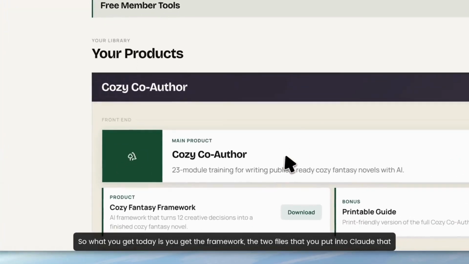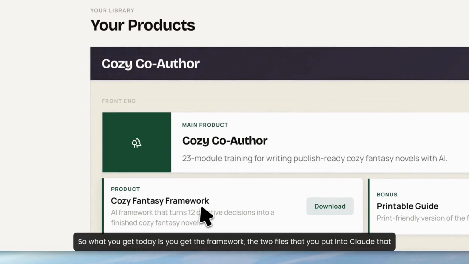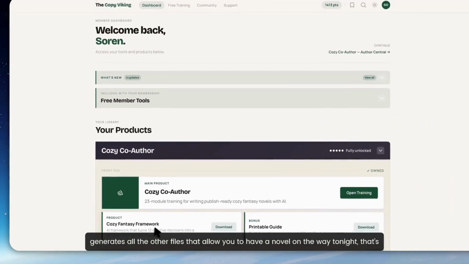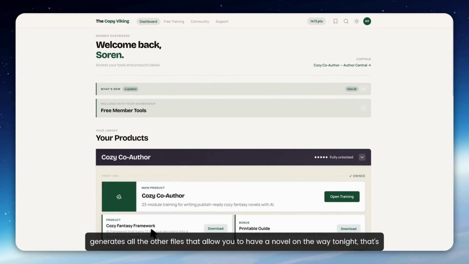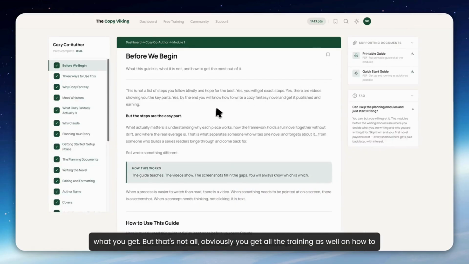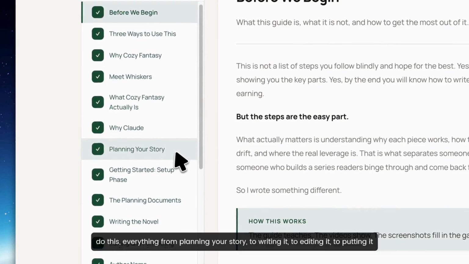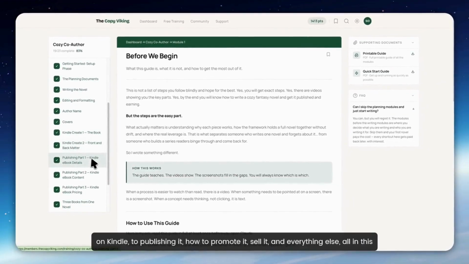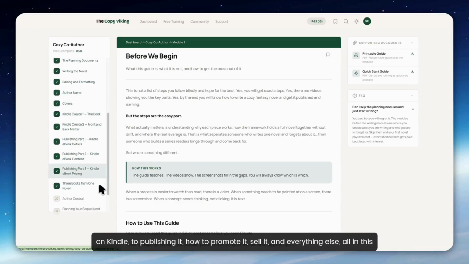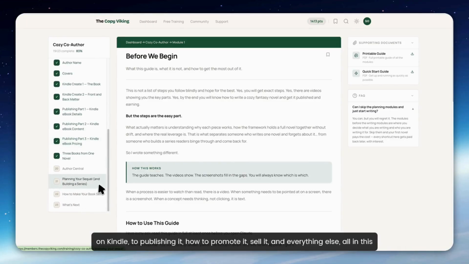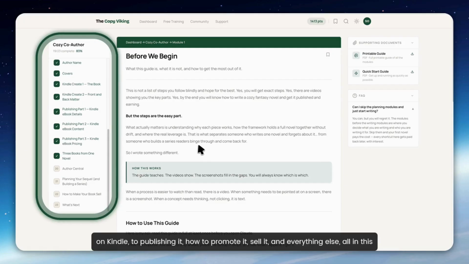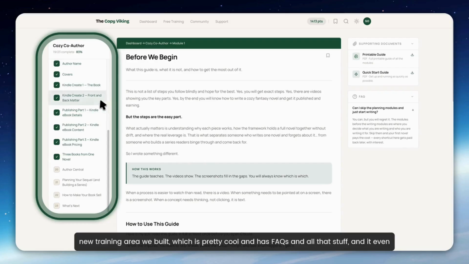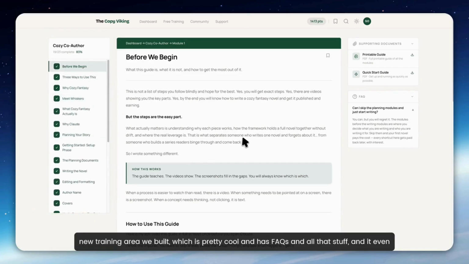So what you get today is the framework, the 2 files that you put into Claude that generates all the other files that will allow you to have a novel on the way tonight. That's what you get, but that's not all. Obviously, you get all the training as well on how to do this. Everything from planning your story to writing it, to editing it, to putting it on Kindle, to publishing it, how to promote it, sell it, and everything else, all in this new training area we built, which is pretty cool,